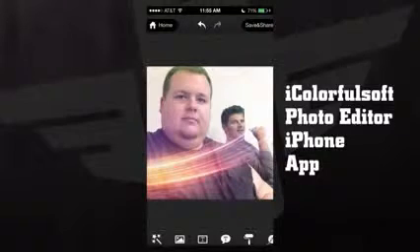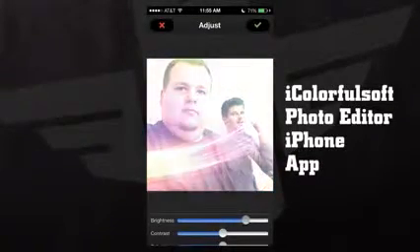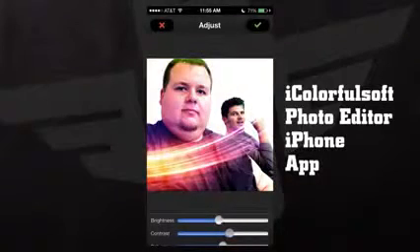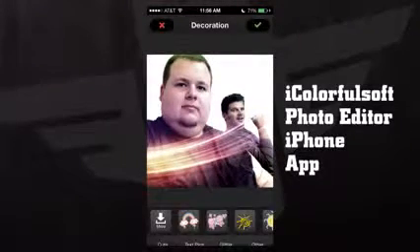or we can hit the red X to undo those. Now we also have this paint feature here where we can change our brightness and contrast, where we can adjust some of the photo effects here. And now we can go ahead and do that. Once that looks good, just hit the green check mark,